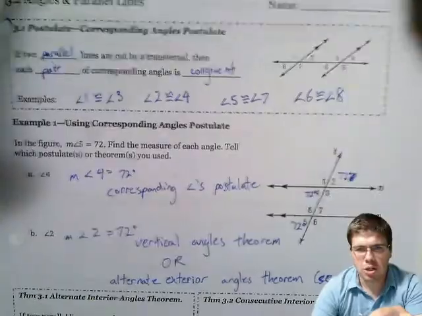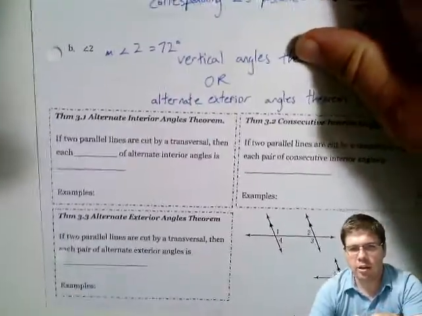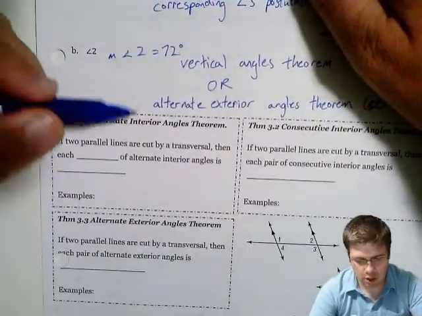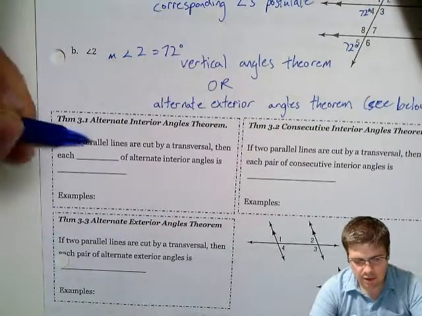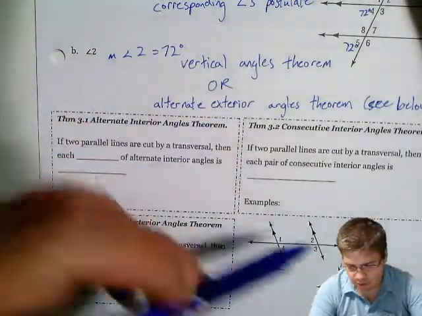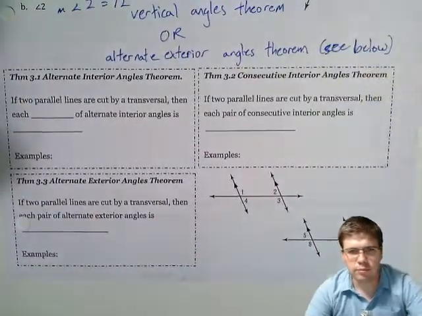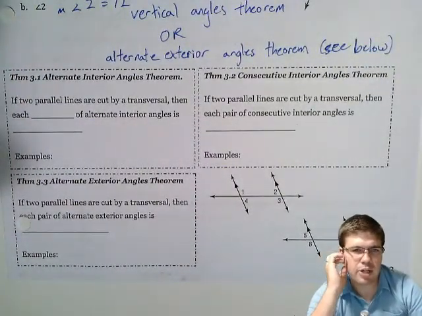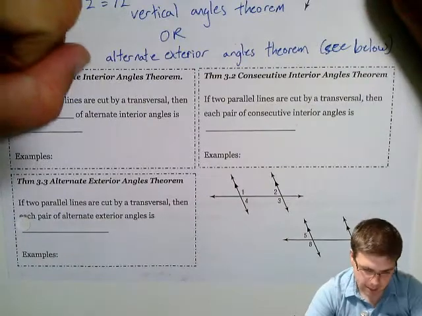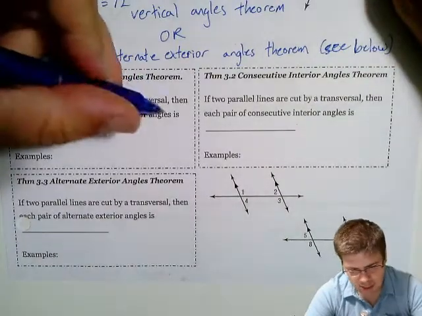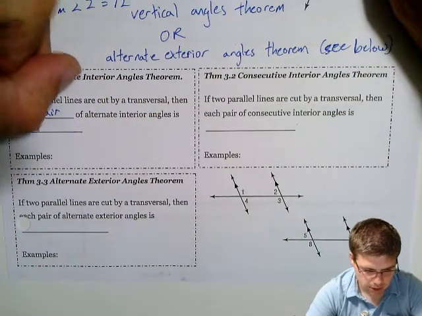All right. Next, we're going to move on to some other theorems. We've got the corresponding angles, what about all our other angle pairs? They all have a relationship. So, alternate interior angles theorem: if two parallel lines are cut by a transversal, like we have pictured down here to the right,